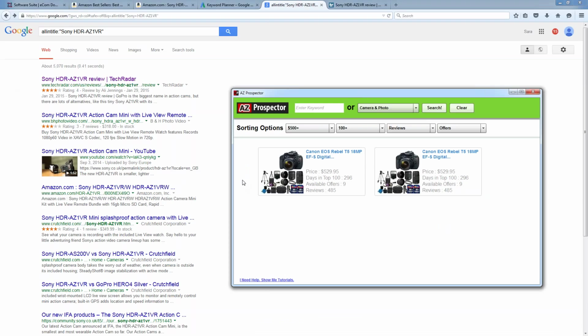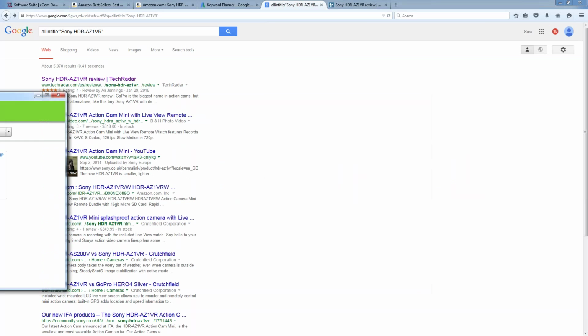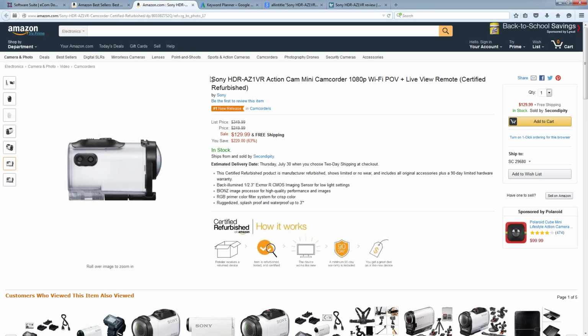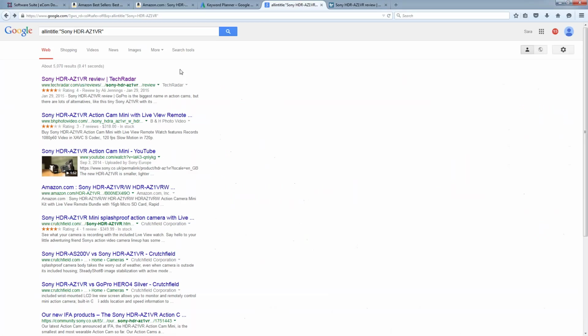One other thing worth mentioning about the product selection and also the way you would go about naming the page on your site. Remember I said I might do something like Sony HDR AZ1 VR HD action camera. Well, ultimately, when you're copying any of the exact phrases that are contained within the title of this page, you will have higher competition when you do this kind of a search on Google. The reason why is because